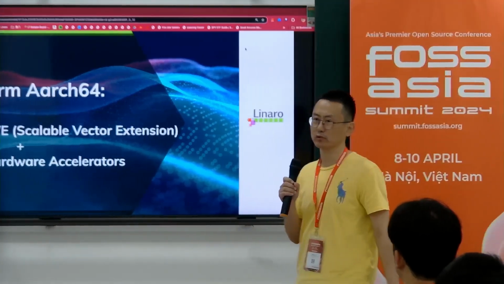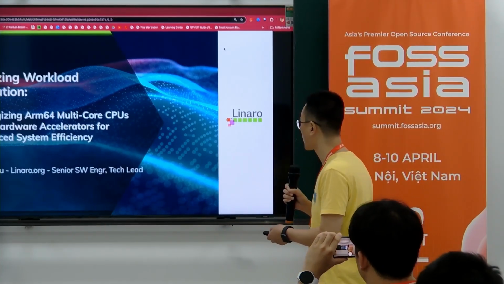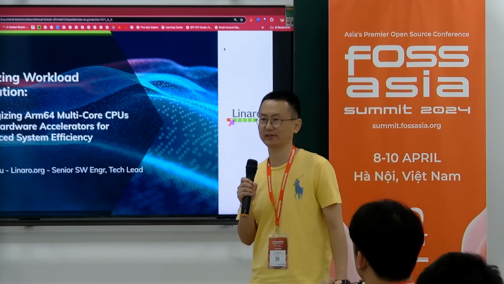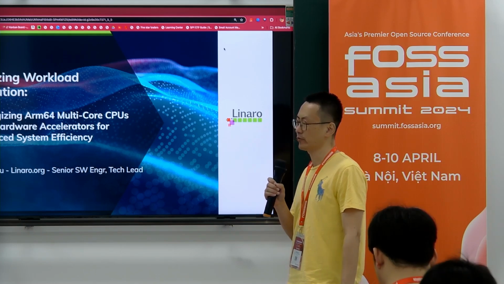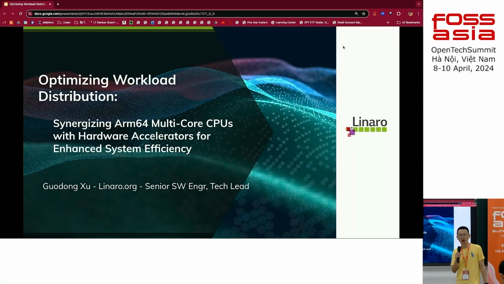Today I'm going to talk about our work in ARM processors. Welcome to the world of ARM. As a key feature of the Arm64 processors, they support multiple cores. At this moment, we are still leading in this industry. On average in the server domain, there are usually 64 or 128 cores in a single silicon chip. So that's an advantage for ARM processors. We have more execute computing units.